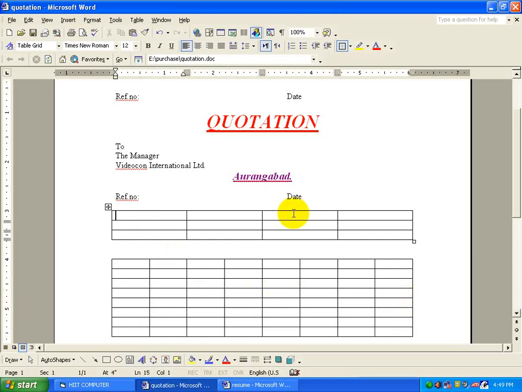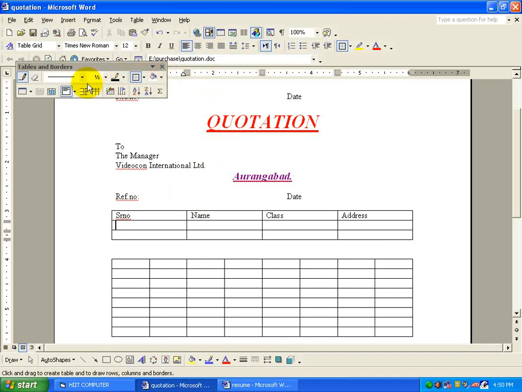So to move between columns, after typing, press Tab, or use the arrow cursor keys up, down, right and left to move between the columns and rows. To apply a color or different line style to an existing table, you can just move to Tables and Borders.